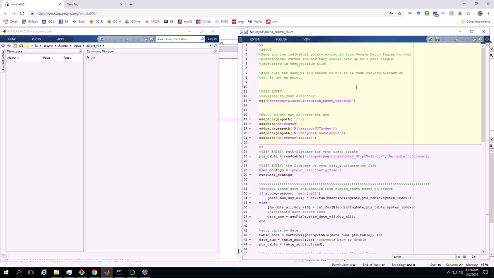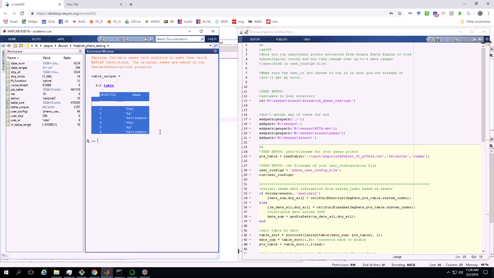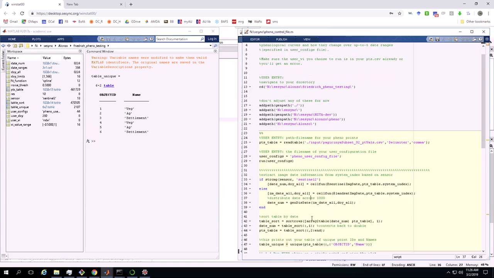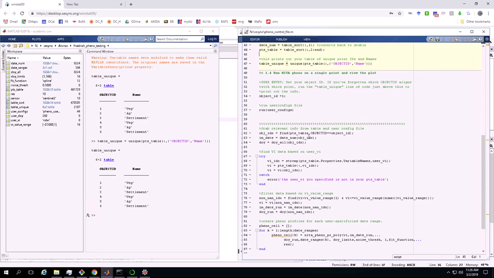And then this is the pheno control file. I'm going to run Hannah's Sentinel-2 data and just mind the things that say user entry, because that's where you definitely have to do something. So I'll run that and read in her table. You can see here are the object IDs and the names for your reference. If you need to, you can always come back to this line and run this code to see that table again. And then this is where you run your individual